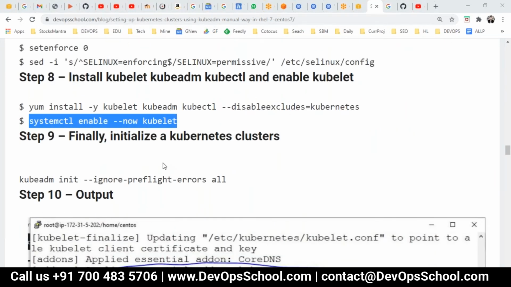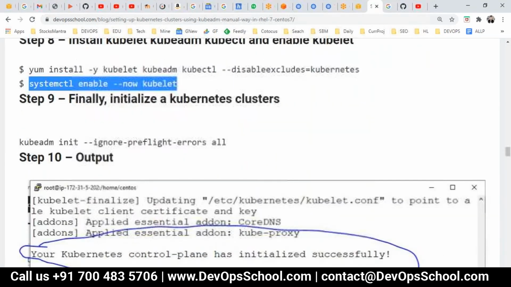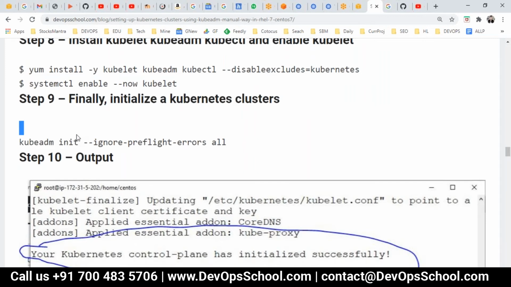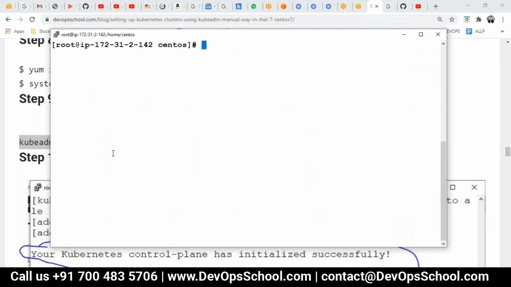Remember, kubelet should be running, so enable the kubelet. And then finally, this magical command. You can directly run init. You don't need to run this extra step, but sometimes, because of some warnings and all, it fails. And I don't want the failure. I want to avoid the failure, so I'm adding it just to be on the safer side. But you should try directly init, no problem.